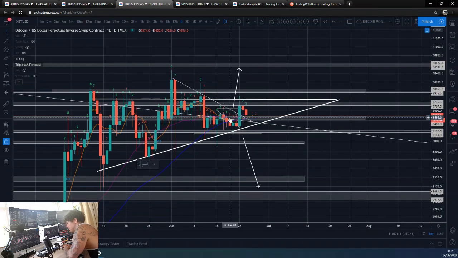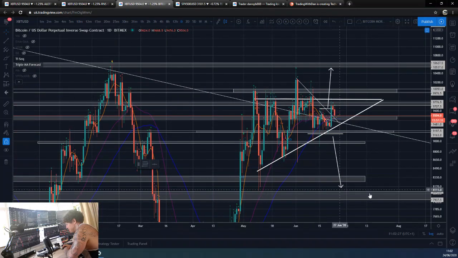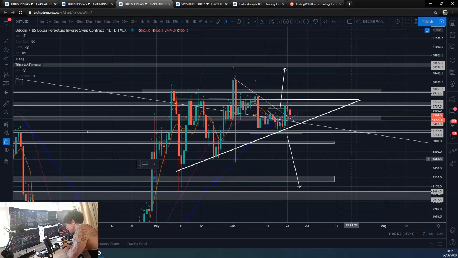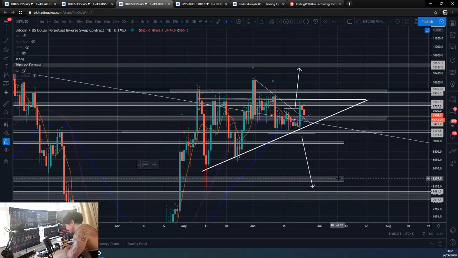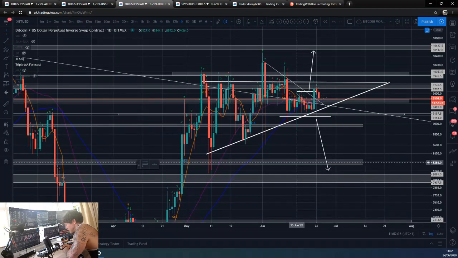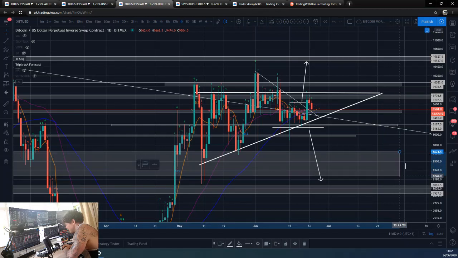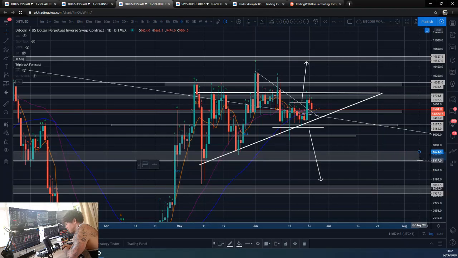Obviously, the flip side is if we get the move down here and it isn't a wick, and we stay down here and close candles down here, then it's difficult, because like I said, we still have what is obviously a horizontal support level that appears to have been deleted from our chart. In fact, it's moved down to here. Wait, let me just move this. This is what happens when you leave your drawing tools unlocked and then you start moving stuff around.